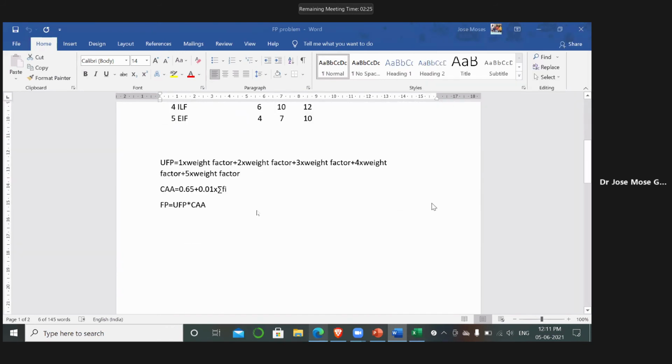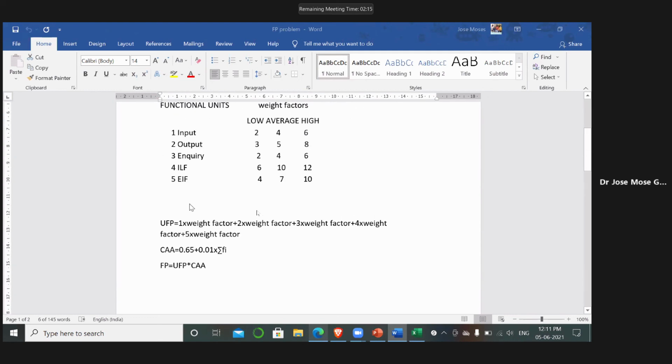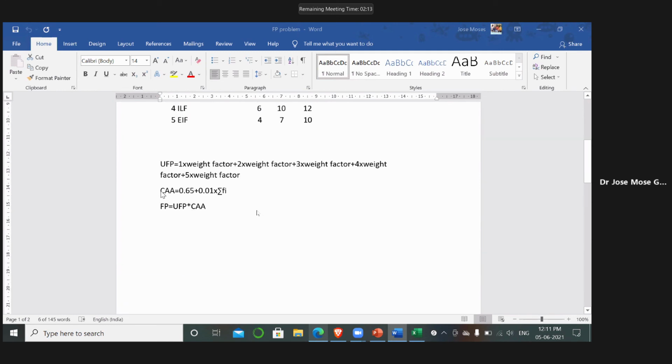Okay, so once you get UFP, that is not enough, because to calculate FP you need to multiply UFP with CAA. So what is the formula for CAA? CAA is 0.65 plus 0.01 into sigma Fi. Sigma Fi is nothing but the summation of all the values.